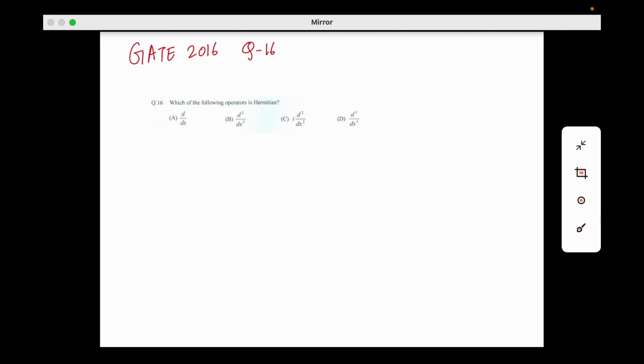But in this case you can say it's d by dx everywhere, right? Now what is the operator which you know in terms of d by dx, and that is Hermitian? It's p, the momentum operator, minus i d by dx. I'm taking h bar to be 1 in this case. So clearly p is Hermitian, but d by dx would be